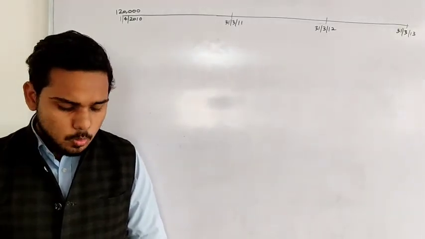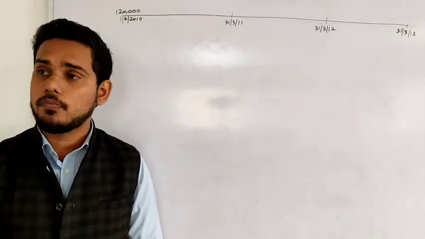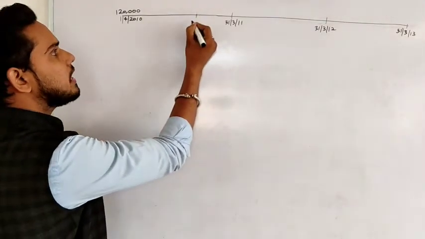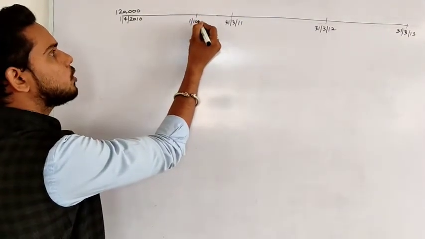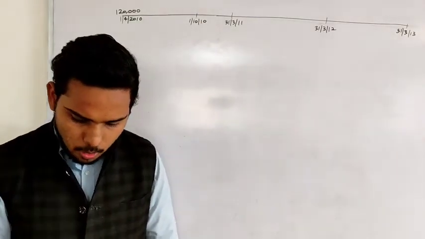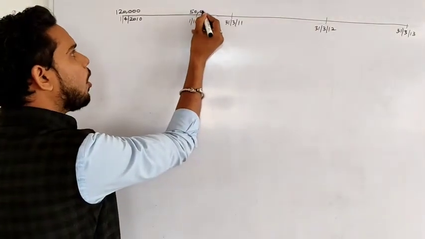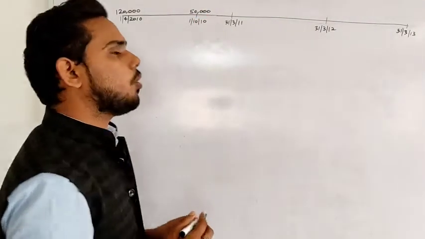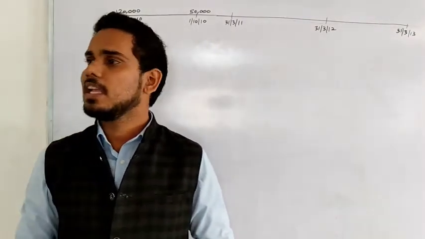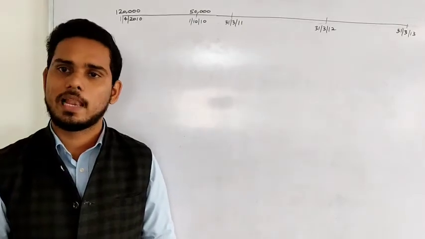It is given that new machinery was purchased on 1st October 2010 for 50,000. 1st October 2010 will fall in the first year itself. So we will write here 1st October 2010, and we are purchasing a machinery of the value of 50,000. We will write all the purchases above the line and all the sales below the line, which will help us to identify the nature of the transaction without writing the word purchase or sale on the line.